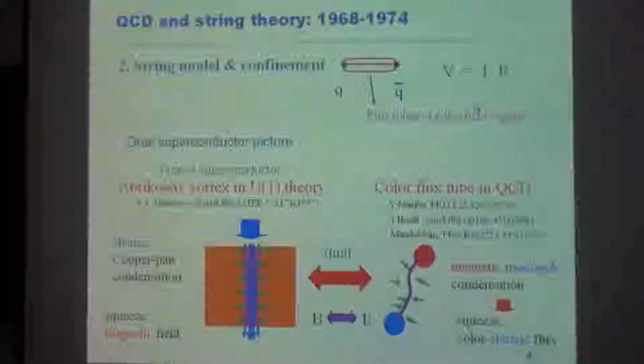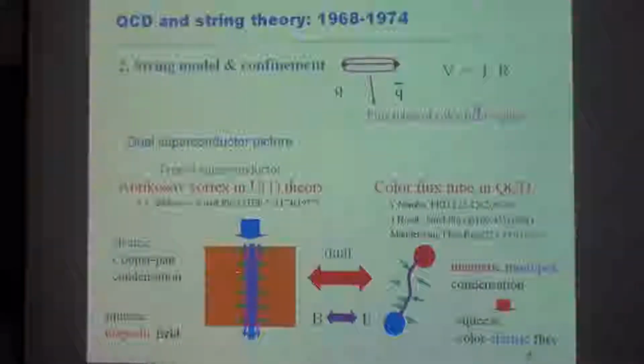Some people proposed that this string is a kind of flux tube of QCD. Comparing with a type II superconductor, they thought that there is a kind of duality here.